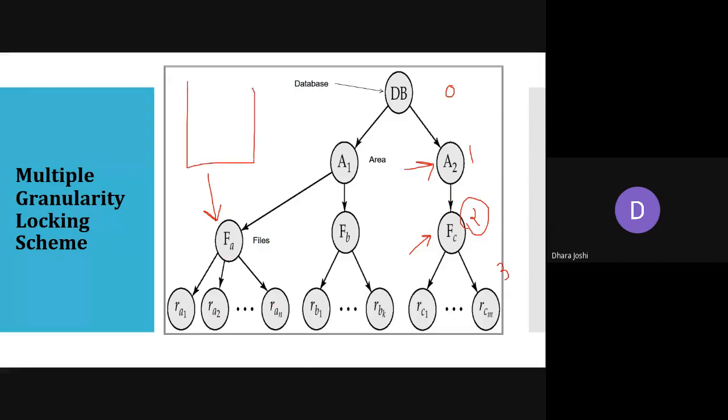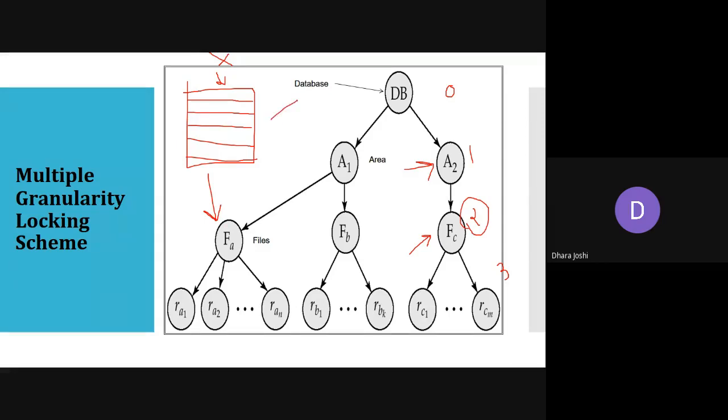If I am locking this file, all the records or rows inside this table are also locked. If I'm locking this file with an exclusive lock, no other transaction can have a lock until I am done with my task with this file. So coarse granularity will provide you low concurrency.